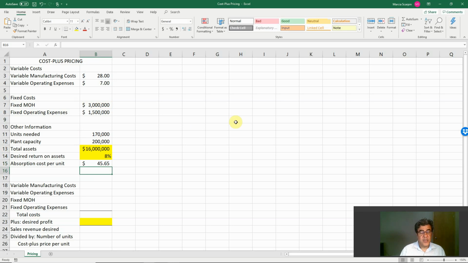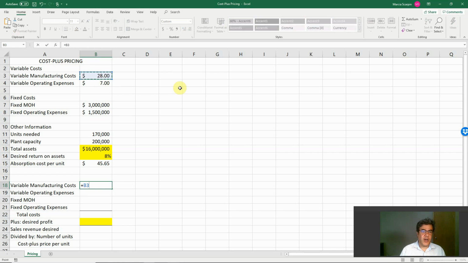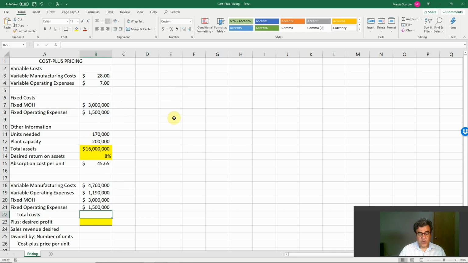However, for pricing, we cannot consider only our absorption cost. We need to consider our total cost or full cost. So instead of working per unit, we will be working in total. It's much easier. So variable manufacturing cost, 28 times 170. Variable operating expenses, 7 times 170. Fixed manufacturing overhead, 3 million. Fixed operating expenses, 1.5 million. So our total cost is the sum of our costs here,